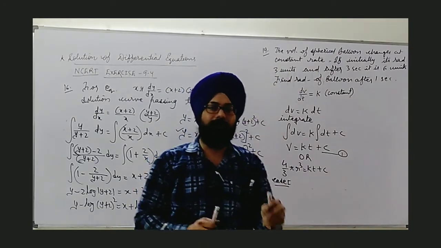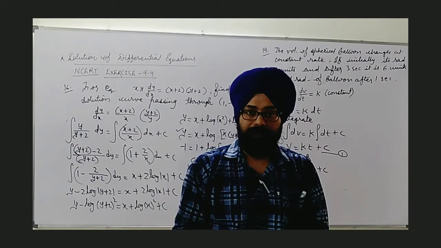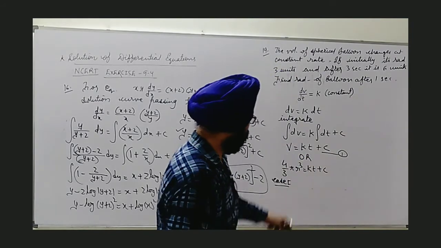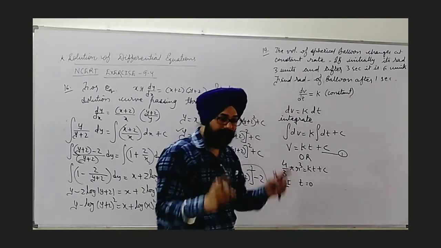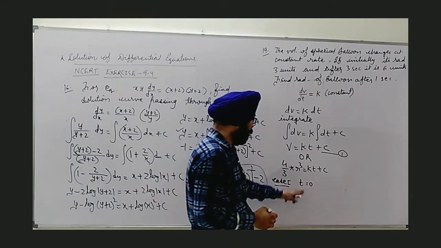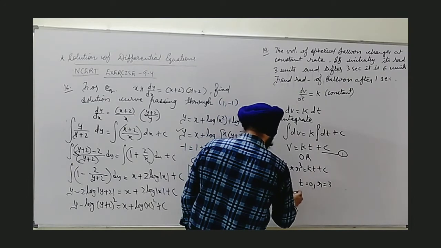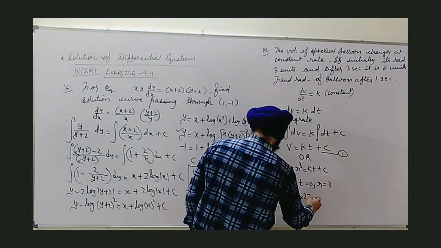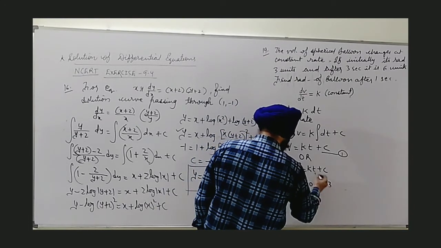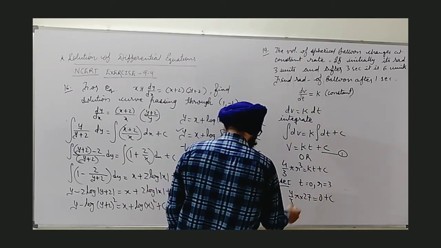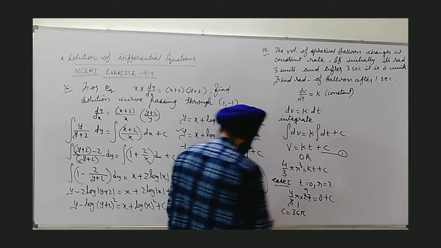Wherever initially means right in the beginning, the time passed, the time which has been spent, is nothing. It's 0, the very beginning. So we consider case 1, initially, so we take t equal to 0. Keep in mind, wherever there is a case of the beginning, we consider time t as 0. Radius is given as 3 units. Putting the values, we get 4 by 3 pi into 27 equal to, this becomes 0 plus c. So the value of the constant c we get is 36 pi.